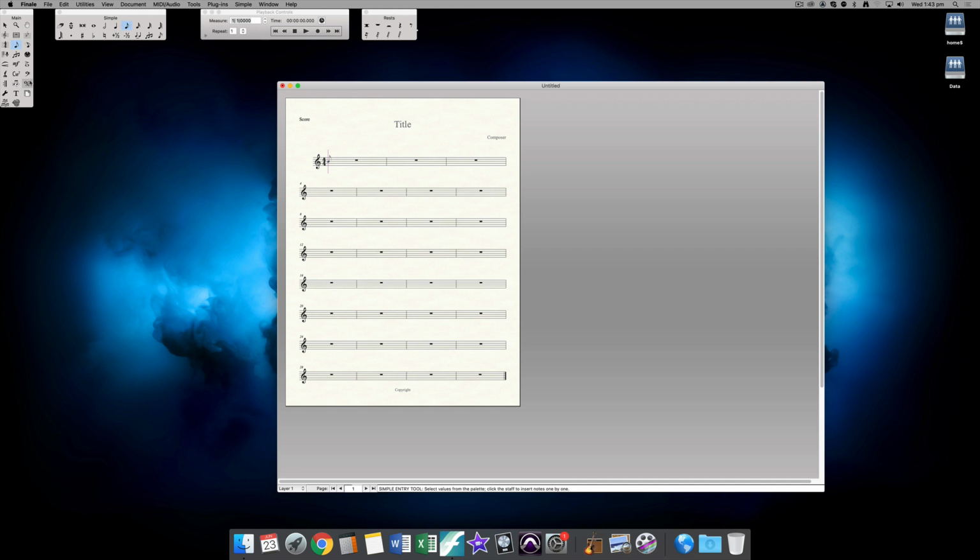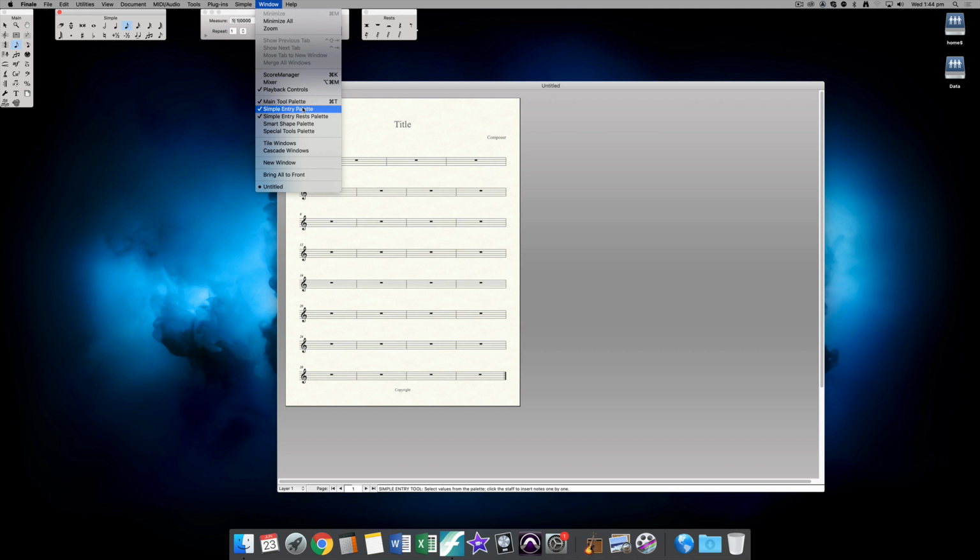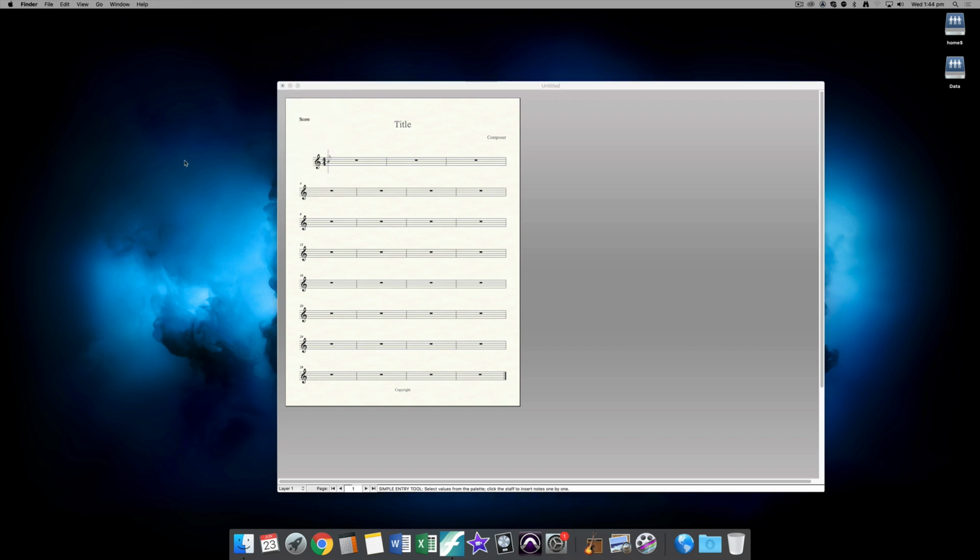If these ever disappear and do not appear, and you can't find them, go to Window and you'll find them there. Main tool palette, and that's called the simple entry palette, this one here. They're the first two ones there. So if they're ever not there for some reason,